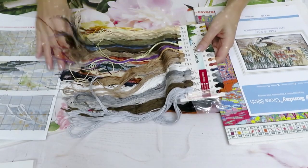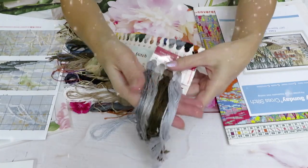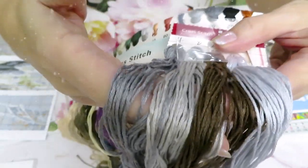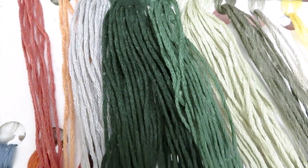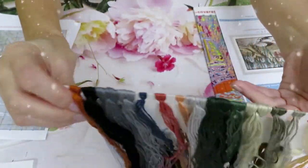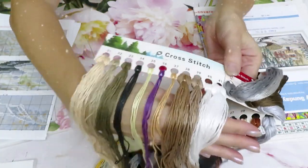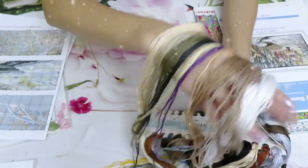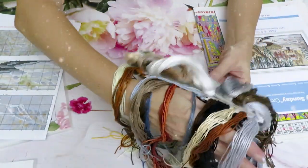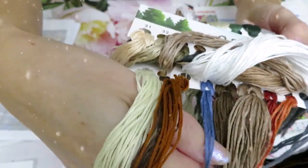Now let's see the threads, what we have left in here. 2 needles as always, some extra 4 colors and an extra palette, some beautiful gray colors. And then let's go from this side. That's going to be for the trees. And then that's the colors. Looks nice and silky, right? And then we have another, some colors just very little, 1 thread only, like these 2 blue, just 1 of each. All right,